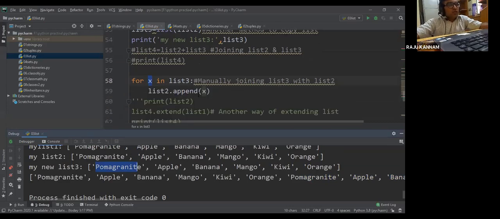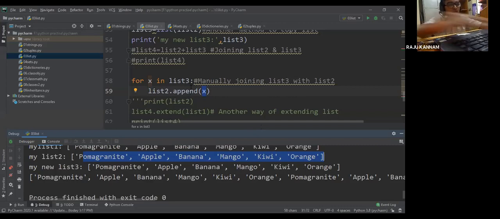List 2 dot append will add the item, so pomegranate will be added to list 2, then apple, then banana, mango, kiwi, and orange will be added to list 2. After 6 elements, there is no further element in list 3, so the for loop will be completed and it will exit from the for loop.